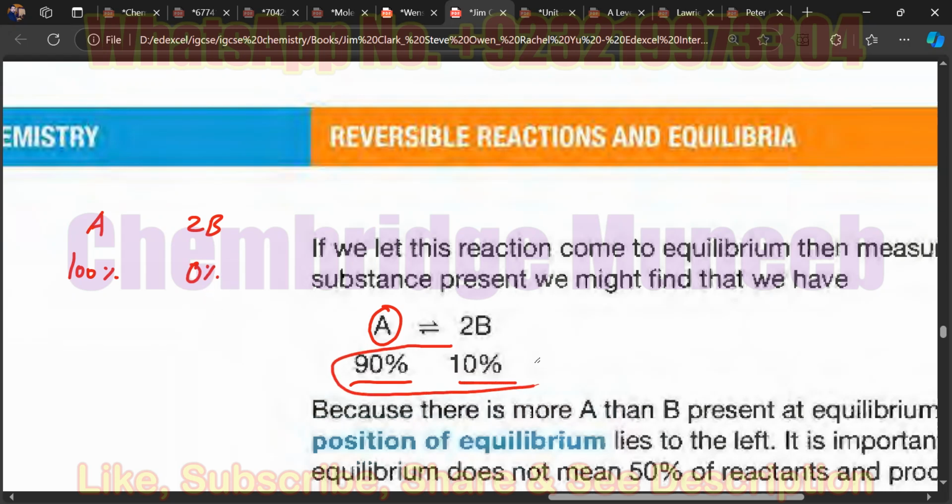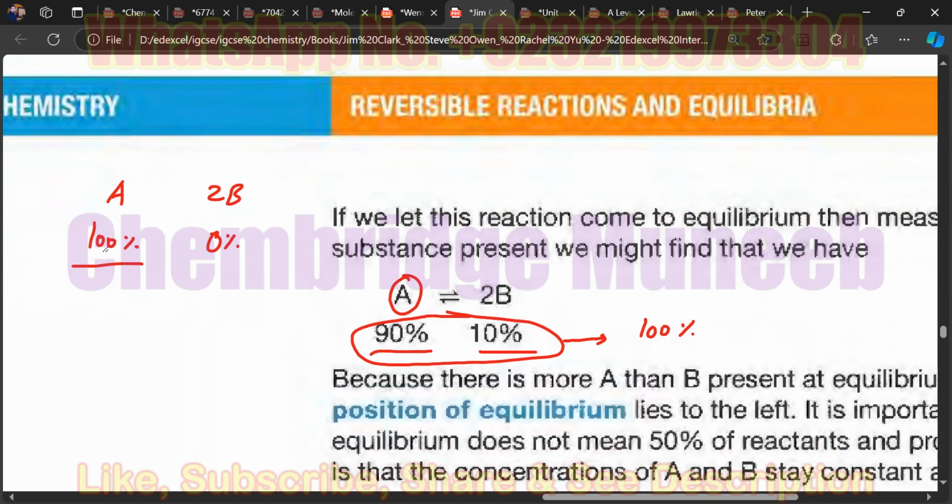You are getting the point. See that this 90 plus 10% means how much? 100%. This 100% is being contributed by both A and B. But if I give a total 100% value to A, then how much amount of B will be there? There will be nothing. So it means that the reaction was started from this stage in which A was 100%